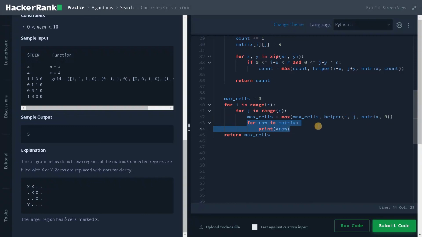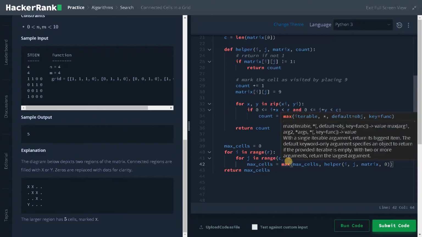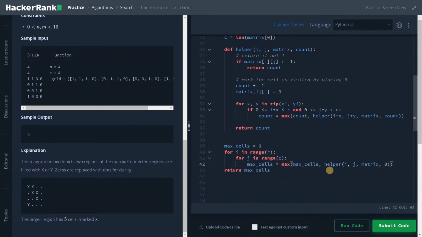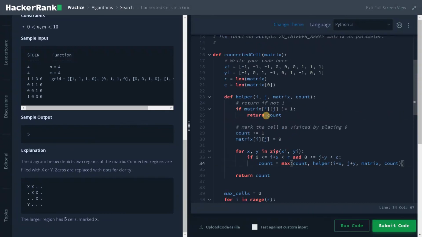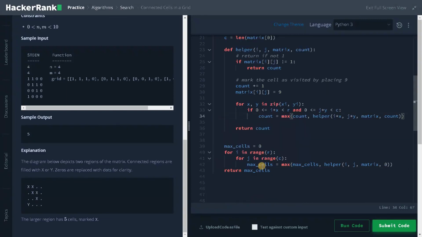So the recursion will be pretty complex to understand if you haven't used recursion before, but it will make your process much simpler because I'm just calling the function again and again, and it's automatically computing my maximum number of cells by itself. So the code is around 20 lines if you consider, but it has solved the problem.